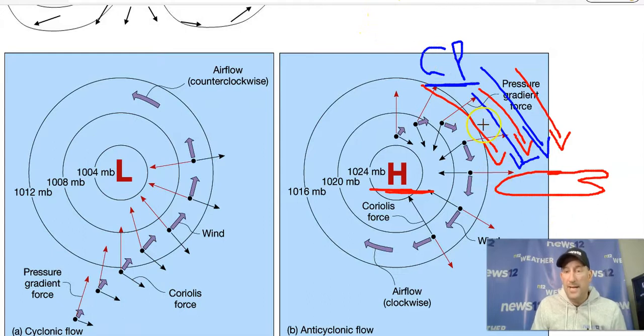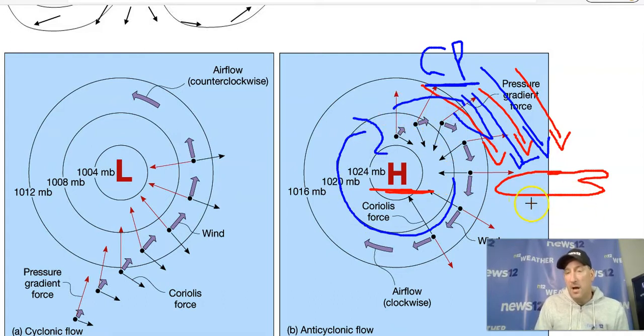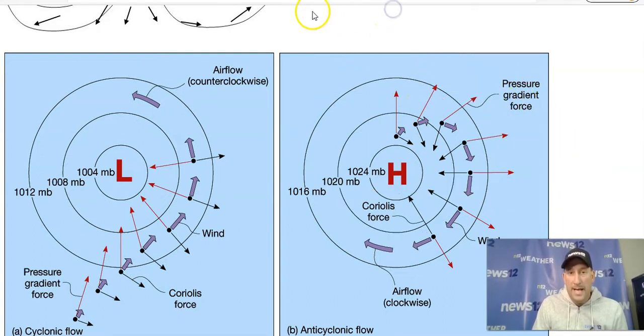So understanding the wind flow. Wind flow around high pressure is clockwise. So you can see this would be a clockwise wind flow around Long Island. And that would give us a cold wind from the north. That would be continental polar, as opposed to